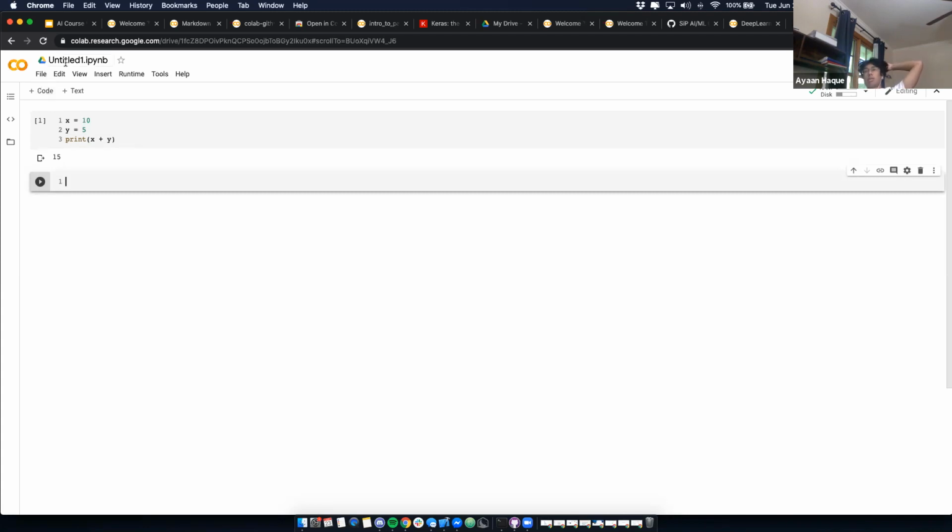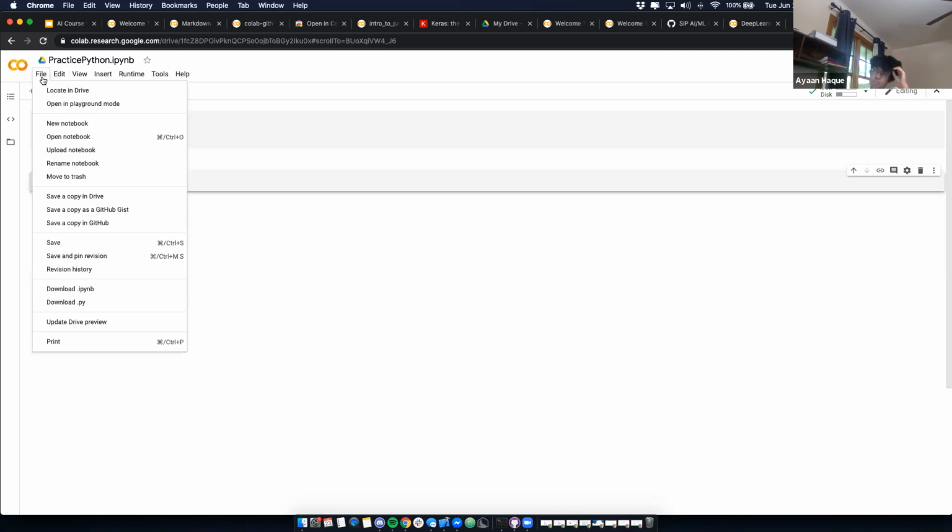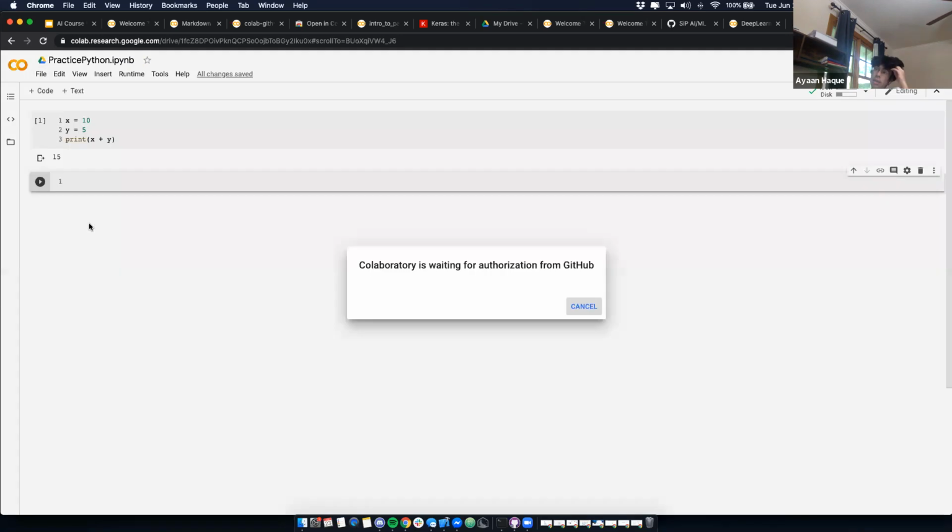And then let's say I'll call this, you give it a name, right? And then you can just do file, copy, save a copy. Make your repository public, please. And then do save a copy in GitHub.